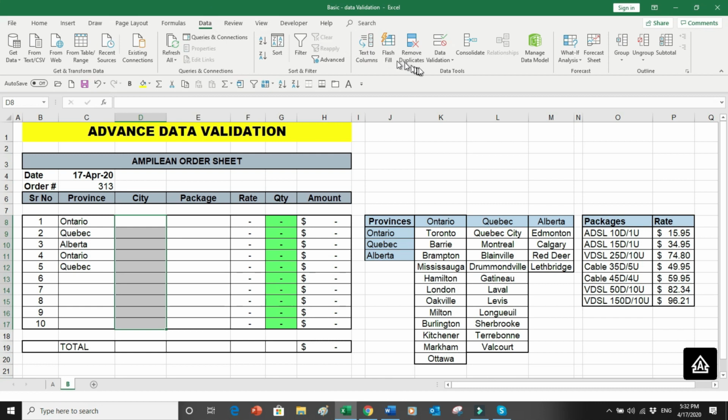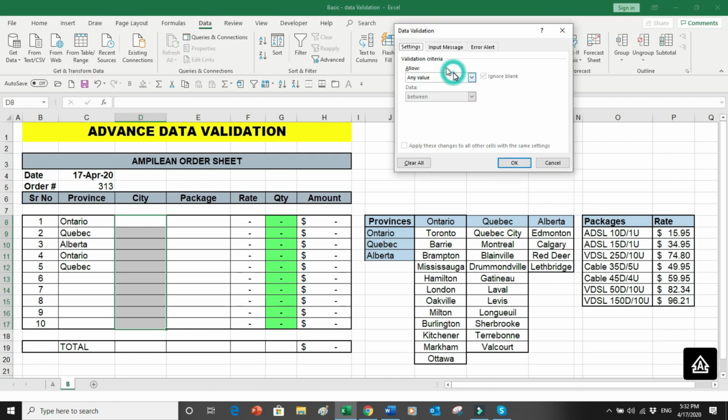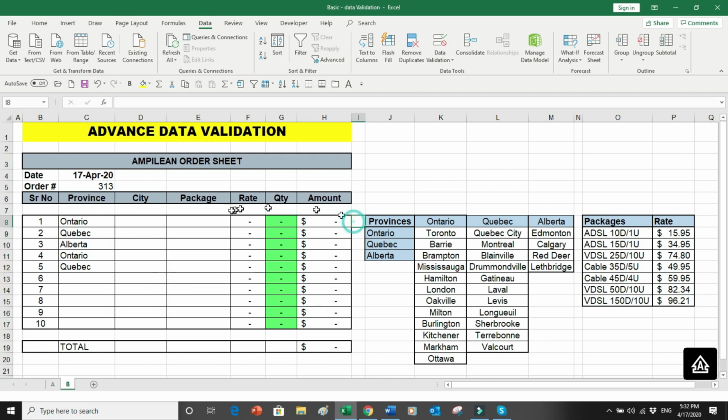go into data and say data validation, and in the list, yes, but over here now I'll input a formula, and that is equals to INDIRECT. Whenever I do INDIRECT, the system always picks it from the range defined over there. So I will say over here, and I will put a $ before column C, enter, enter. So now, as you can see, the moment I select Ontario, the system has only shown me the cities of Ontario. If I go into Quebec, the system has only shown me the cities over there.